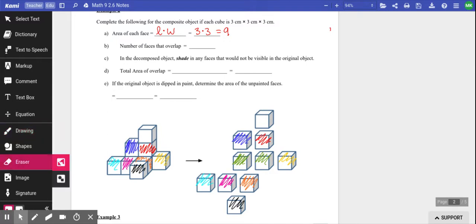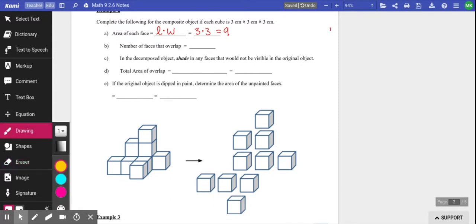The number of overlaps. If I want to figure out the number of overlaps, you have two choices. You can look at the main shape and do it that way if it works for you. You can also look at the exploded view if that works better for you. I'm going to look at the main shape because that's how my brain operates. So if I'm looking, again, this is easier to point than to draw. So right here,